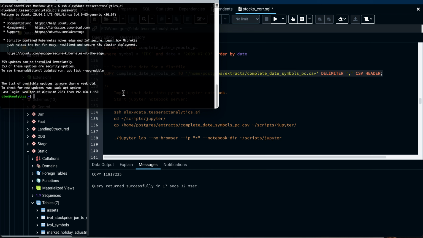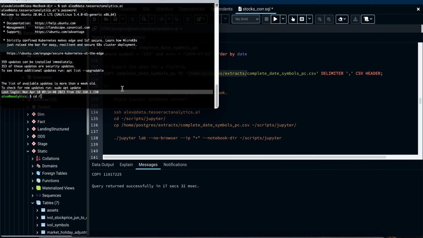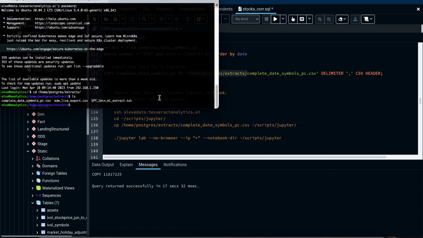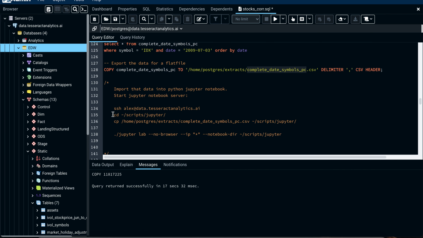I put it into my Postgres subfolder. So if I simply look in here, I should see my data set. Okay, so there's my complete date symbols pc.csv, and what I want to do is go ahead and copy it over,